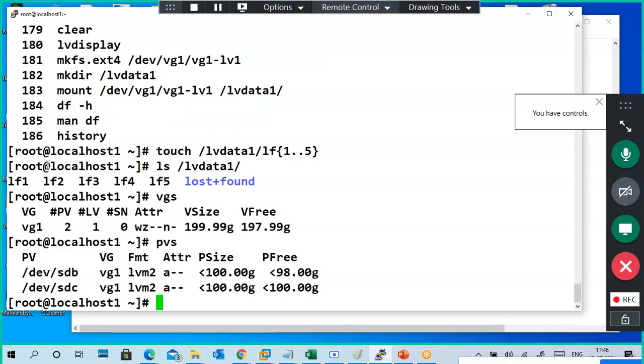Very good. So we have one more disk: sdb, sdc, sdd are there. So create a physical volume for sdd, pvcreate. Okay, you can't type now. It is not giving total control.